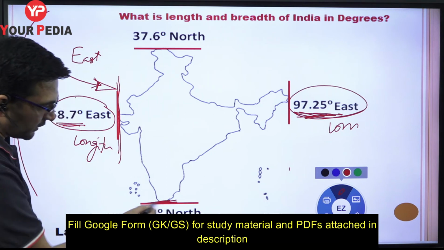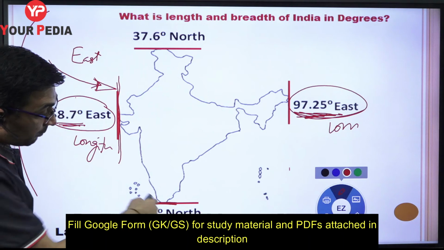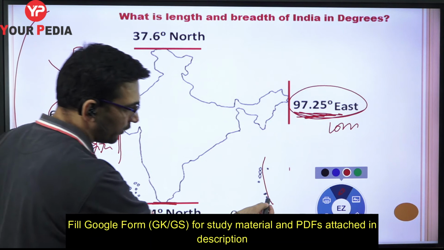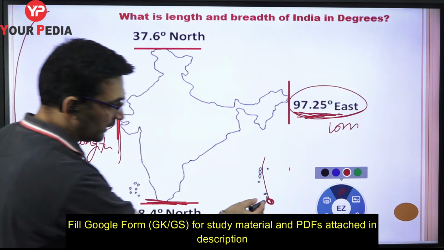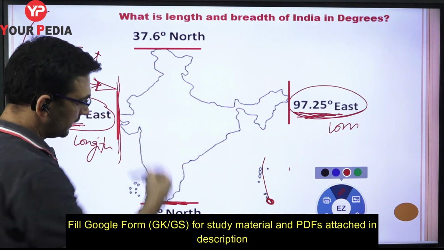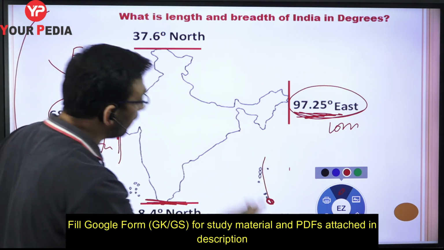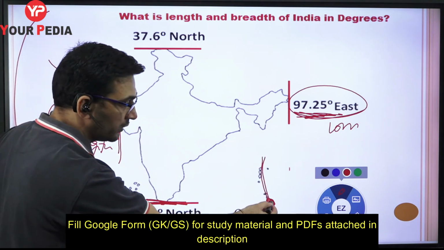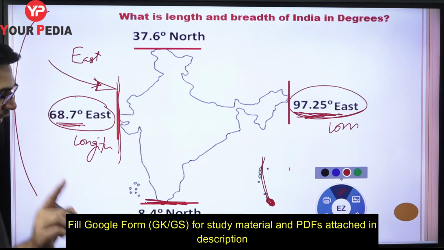But keep in mind, we are talking about mainland India. You're also having over here the Andaman and Nicobar Islands, where you're having another point which is well below this. The southernmost point of mainland India you're going to have over here. But when you say India, then obviously Andaman and Nicobar is also part of India. Over here you're having the Pygmalion point or Indira Point, the southernmost point.